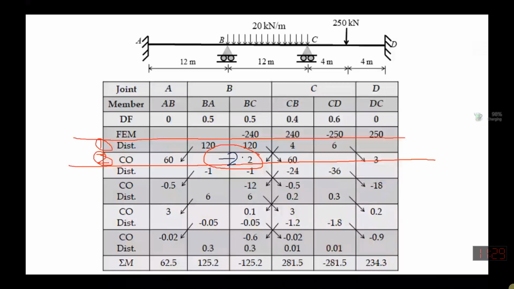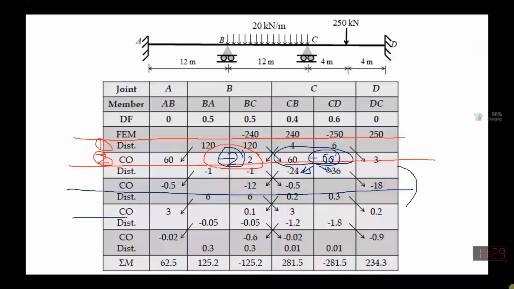Now, if you see over here, how much is the unbalancing moment here? 60 plus. So we need -60 to counterbalance it. So this minus 60 will be distributed now. So you see this is distributed, and again it will be carried over. So this procedure is going on now. Then in the next step you go distribution, carryover, distribution, carryover, then last distribution, and you find that